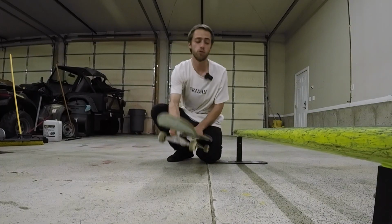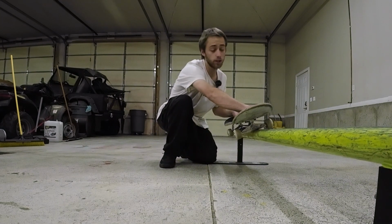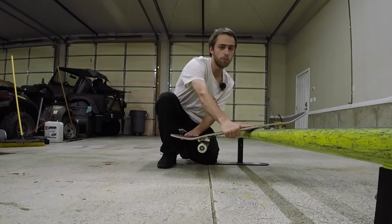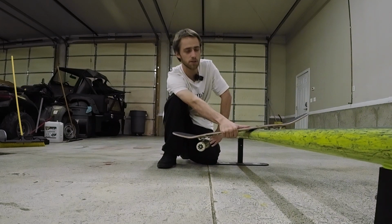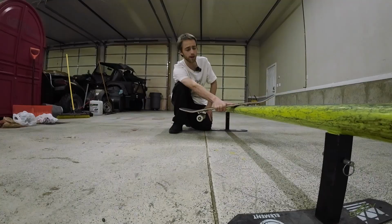Basically, all you're doing is you're doing a 90. You're doing half of a 180. If you do a full 180 and land 50-50 and you're just starting, you're crazy. The whole idea is to just poke your front trucks over. And a lot of people learn front side before they learn backside, but backside tends to be the favored stance once people figure it out. I don't know why this is, that's how it was for me and all my friends,